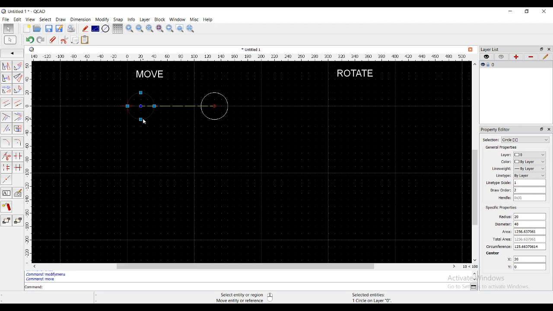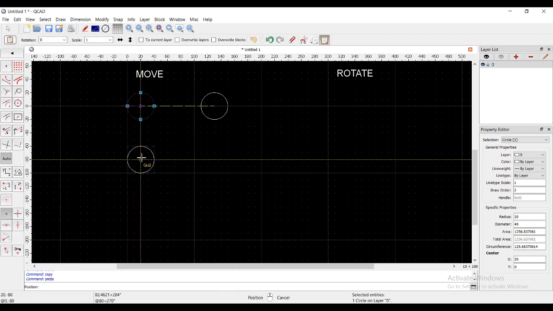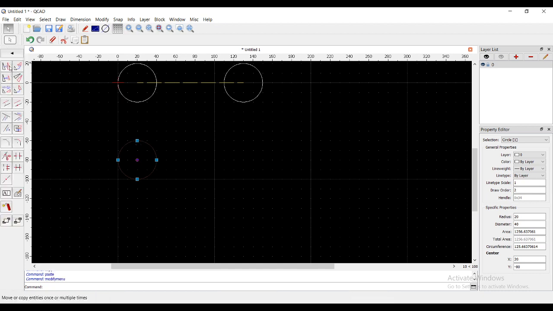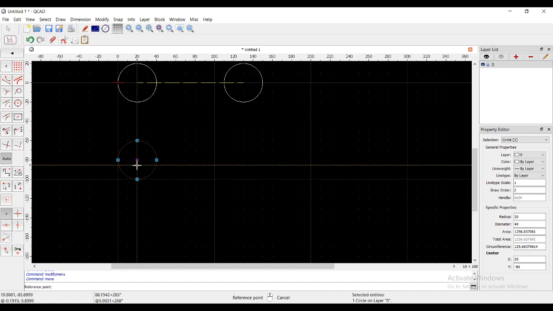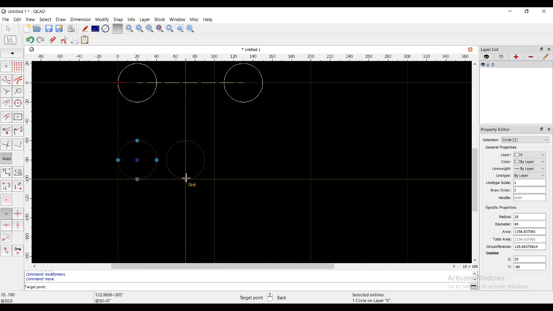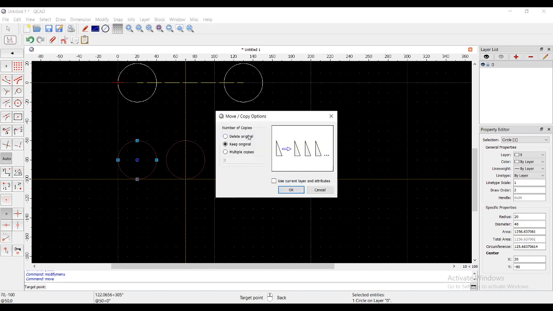Now let's say I want to copy multiple times. I select this object, go to modify commands, then move and copy, and select this point as my reference. Now my object will be picked from this point and start moving. I want to copy here, and let's say I don't know the distance. You can check the status bar below where it is showing @50. So I am moving it by 50 for now, and I am clicking there.